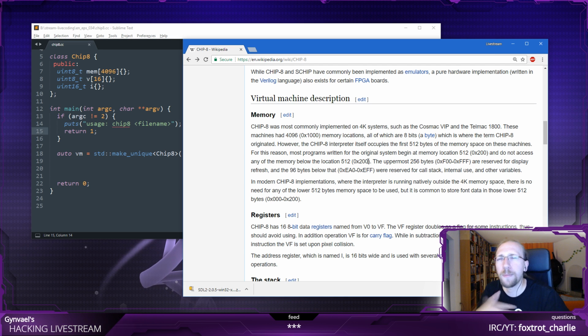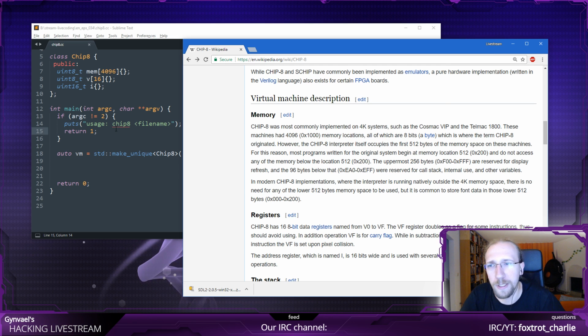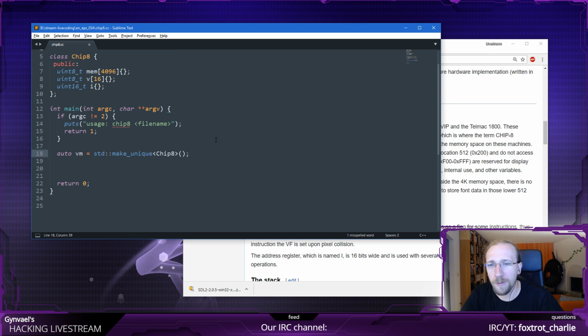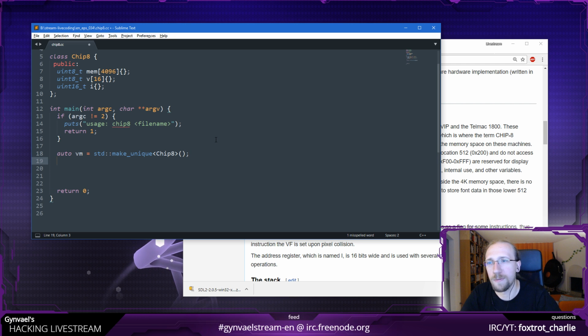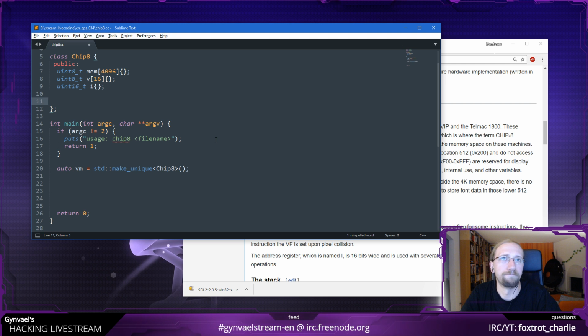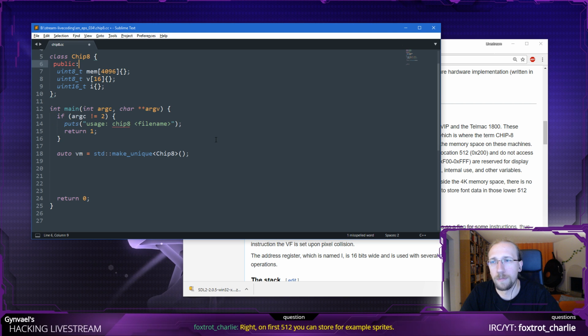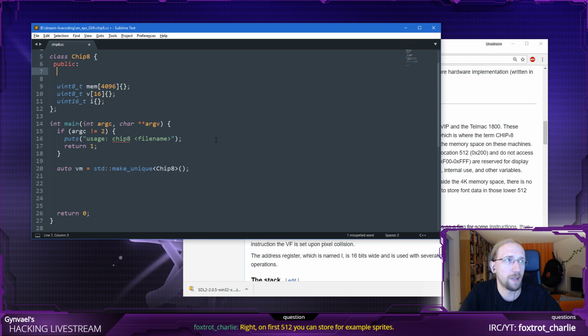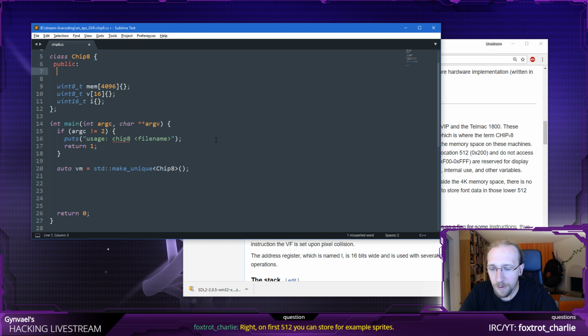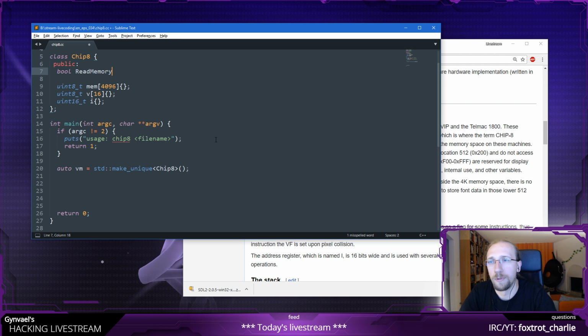For now, I'm going to assume that I'm going to put the program at the beginning of memory, and let's see what happens. That isn't, I guess, a best guess, but it's decent, it's acceptable. Okay, so now I'm going to do some like read memory image from file.